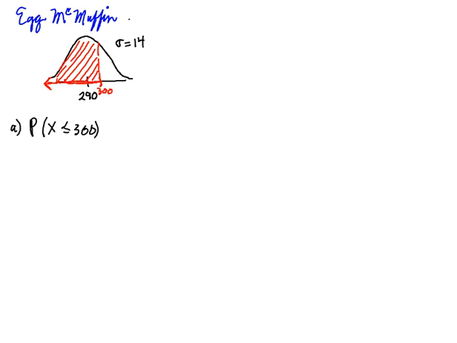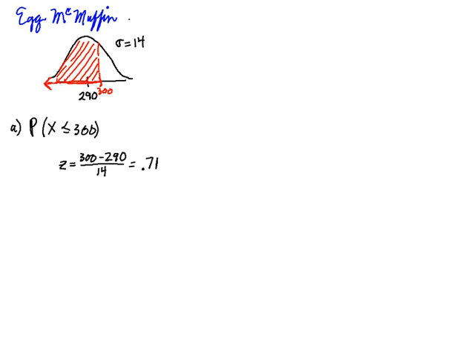Now to do that, we're going to translate the problem into standard normal. So I need to get the z-score for 300. So 300, how many standard deviations is that away from the mean at 290? How many 14s are there between those two? And this turns out to be 0.714, which I'm going to round to the nearest hundredth, 0.71. The resolution of the standard normal table in the textbook is to hundredths, so I'm going to go ahead and round that to